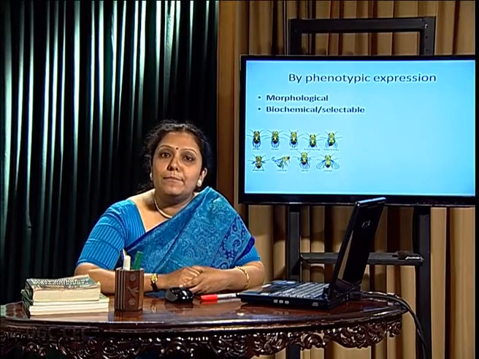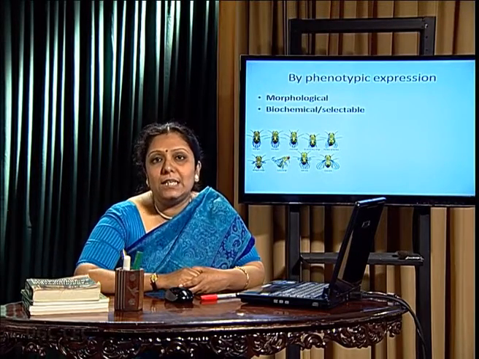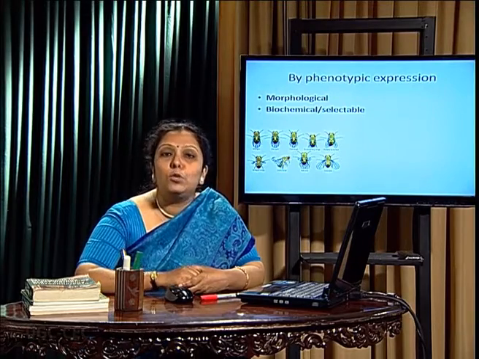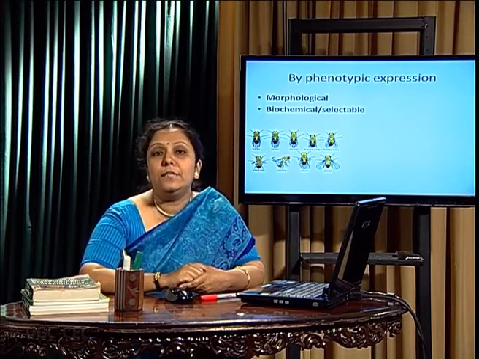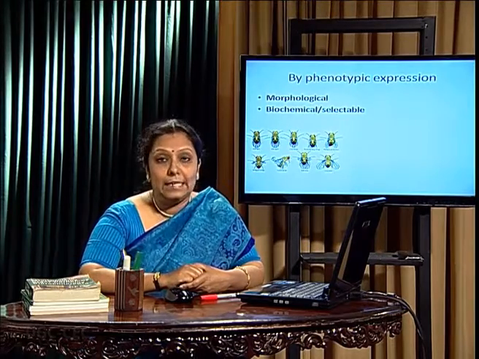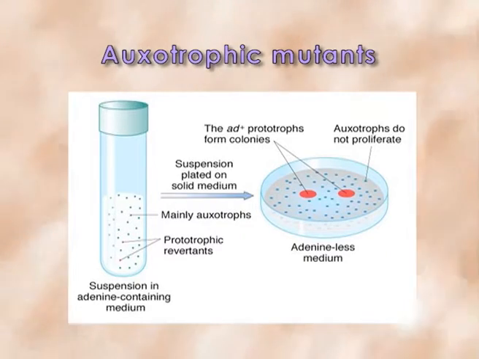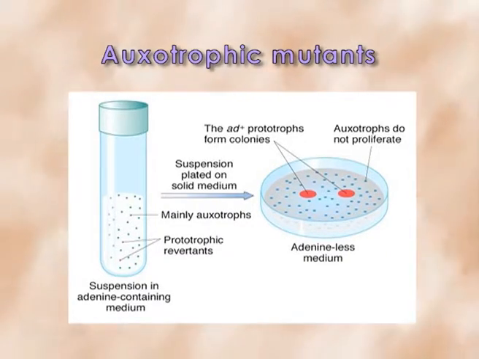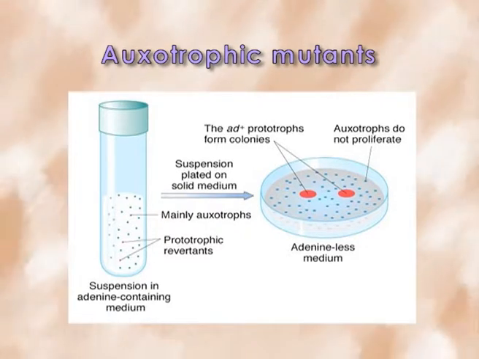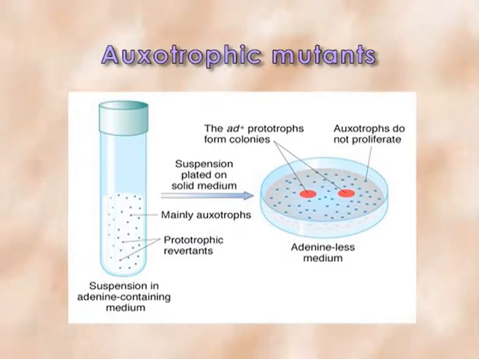That means the mutation in the gene related to the enzyme that drives a particular biochemical pathway gives rise to different types of metabolite. In case of bacteria, the auxotrophic mutants are such mutants which are unable to synthesize the proper metabolite from carbon and nitrogen source of minimal media. So for their growth, we have to make the supplemented media only.